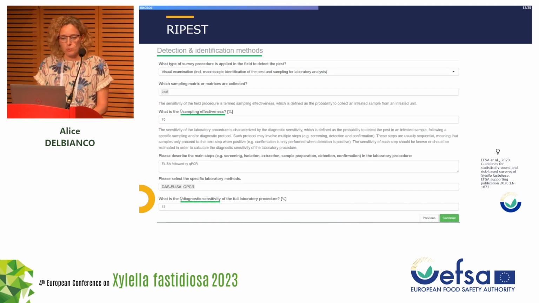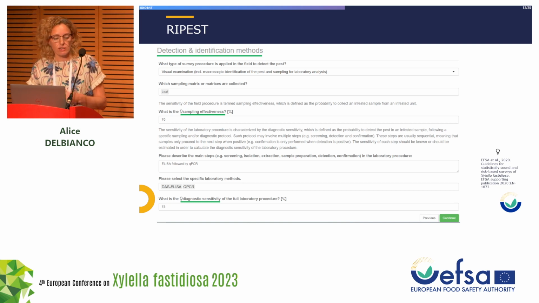And then I have to define my detection and identification methods, so the procedure that I will follow in the field and in the lab. As example, I choose in the field to select my inspection units, my plants, based on visual examination of symptoms, and my sampling matrix will be leaves. My sampling effectiveness, I set this value at 70%. In the lab, I will test my plants through ELISA, followed by qPCR, for example, and I set the diagnostic sensitivity as